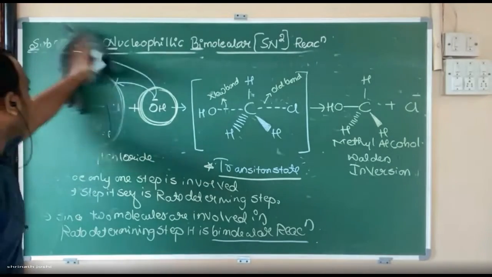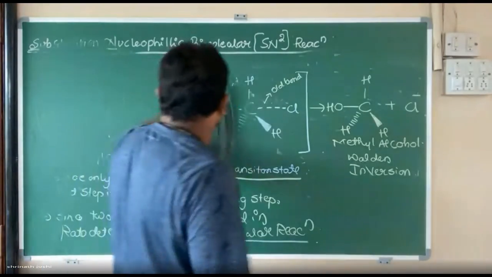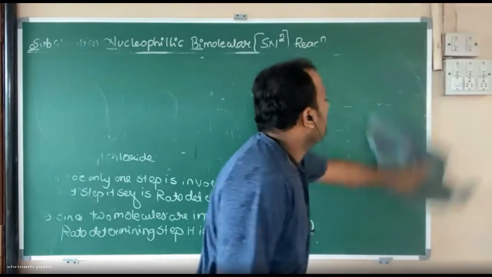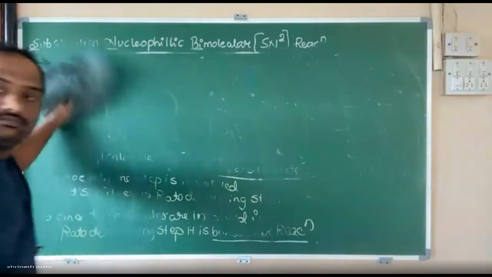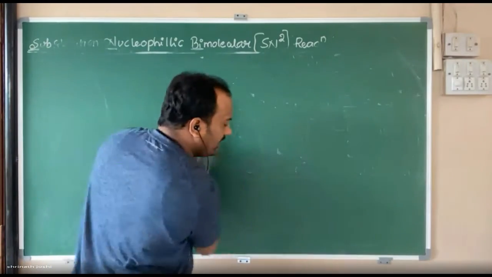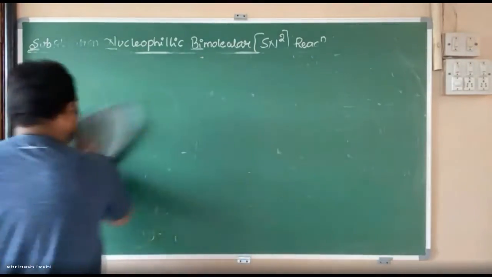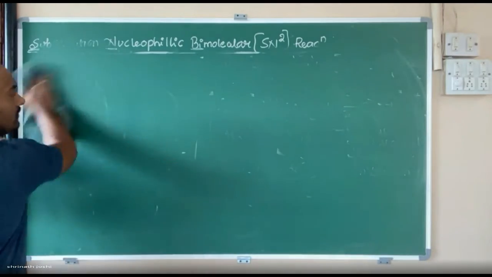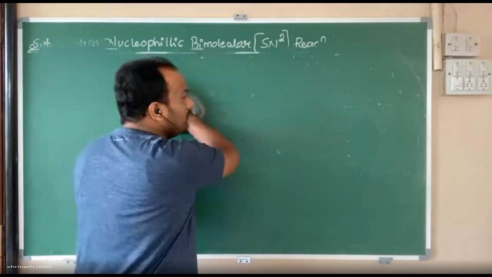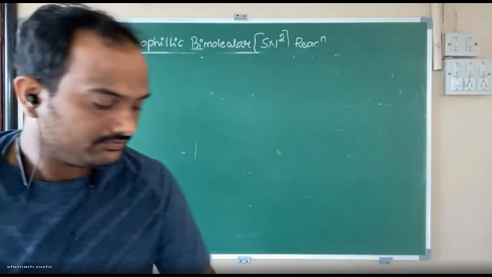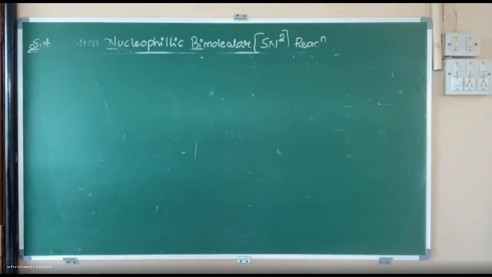Now you tell me, in SN1, is there any involvement of the nucleophile in the RDS, the rate determining step? No. But in SN2, the nucleophile is involved in the RDS, yes. Now tell me, for SN2, is the concentration of nucleophile important or not? Important. Therefore, third point,